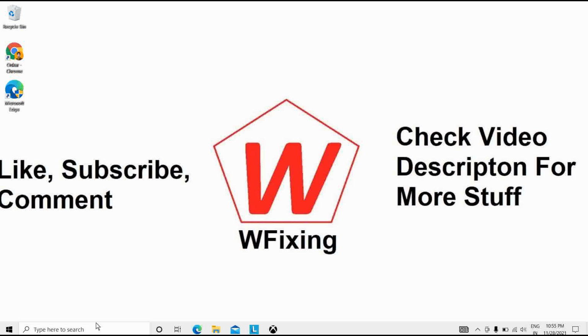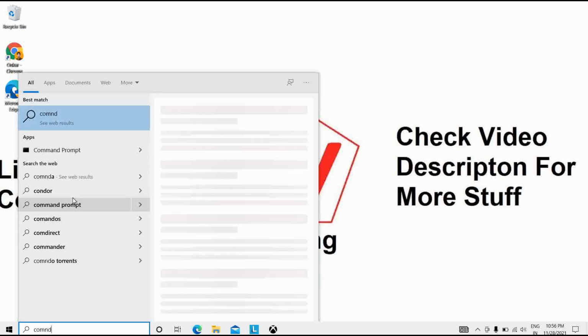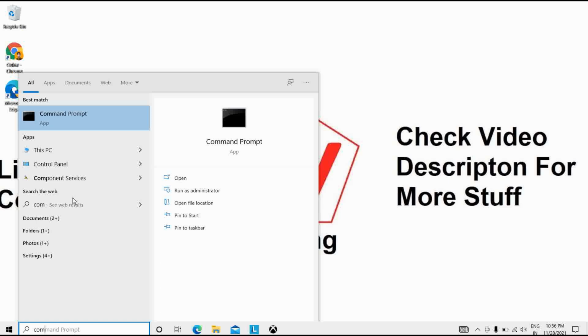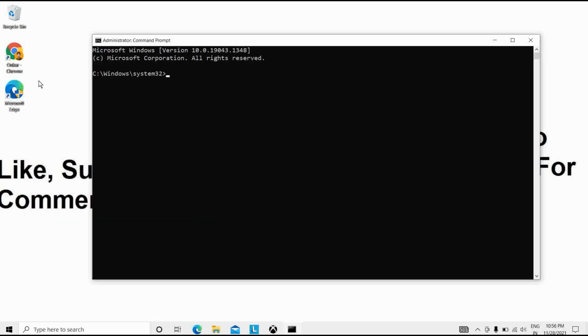I will type command prompt and open it as run as administrator. Okay, click on yes, and then you can see the interface of our command prompt.